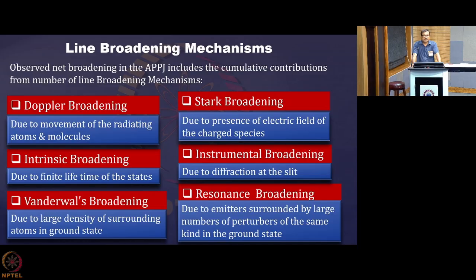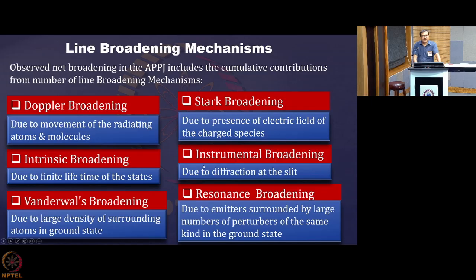Then there is something called van der Waals broadening. This occurs due to a large density of surrounding atoms in the ground state. So van der Waals broadening, intrinsic broadening, Doppler broadening, you will find more about these in the literature. I will be showing only the part which is relevant to measurement of the number density in this case. Now the Stark broadening is of course what we are trying to measure. That is due to the presence of the electric field of the charged